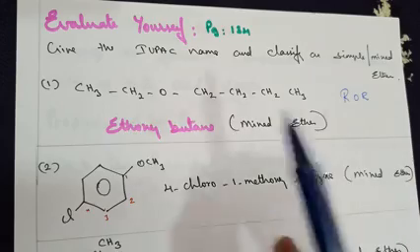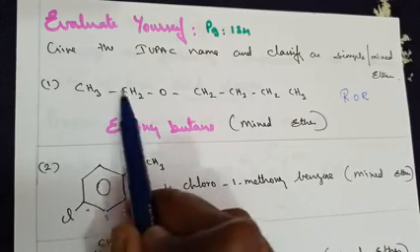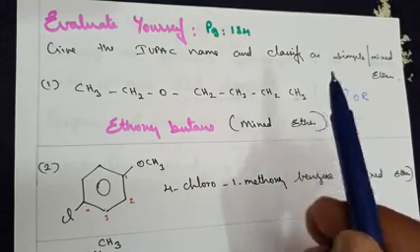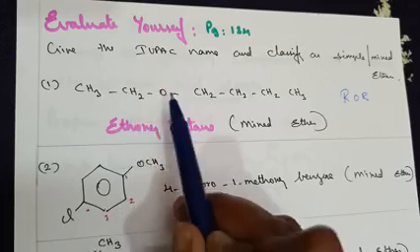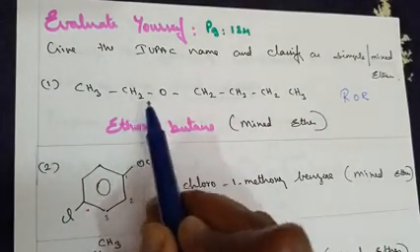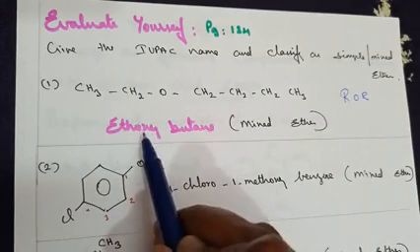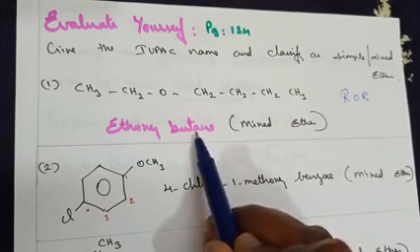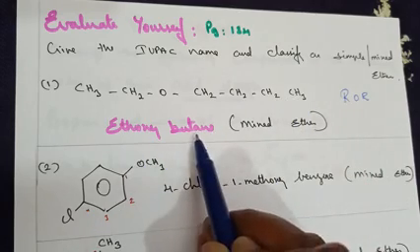I have already taught you. On one side of the oxygen you have a smaller alkyl group, on the other side you've got a greater alkyl group. So the alkoxy name will go to the smaller alkyl group, that is ethyl, so we write it as ethoxy. On the other side you've got 4 carbons, so we write it as butane, ethoxybutane.